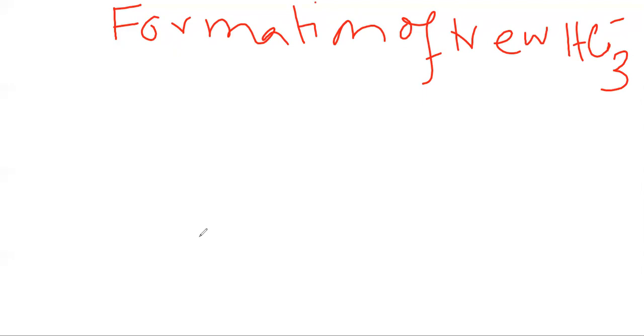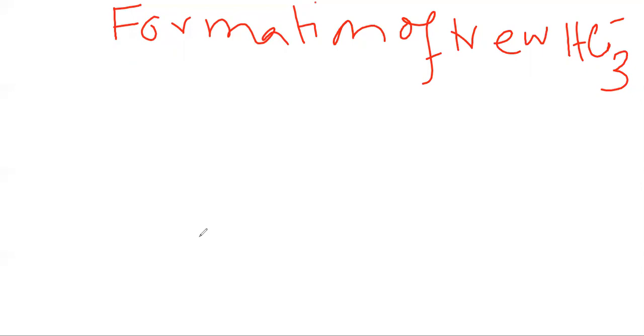So reabsorption of filtered bicarbonate is not enough to replenish the lost bicarbonate for neutralizing the non-volatile acid. As we previously discussed, the excess non-volatile acid will be neutralized either by hydrogen ion secretion or by addition of the urinary buffer system, which is known as titratable acidity. But still, these factors are not enough to neutralize the non-volatile acid load which is present in our body.